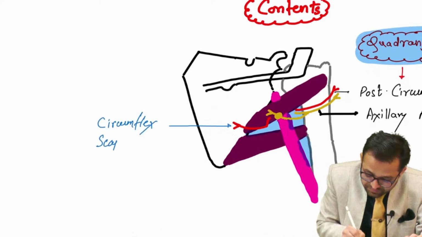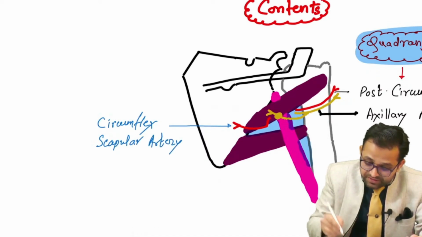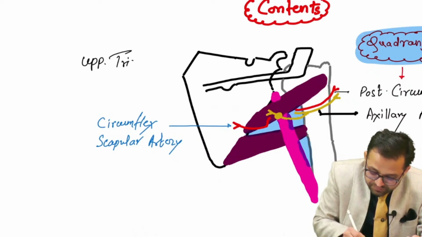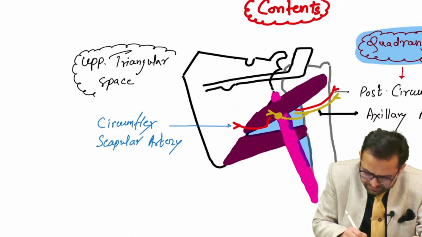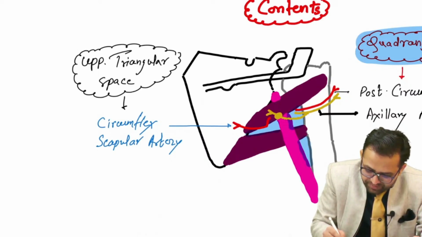circumflex scapular artery। Yes, it is the content of which space, upper triangular space। एक ही कंटेंट, डेफिनेटली जहां आर्टरी बेटा वहां वेन होती है, तो यहां पर आपका वेन भी मिलेगा।